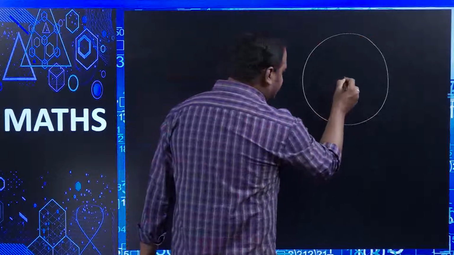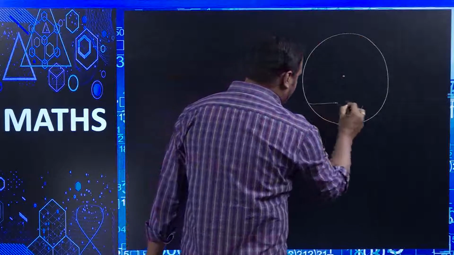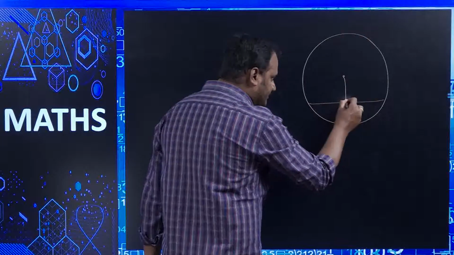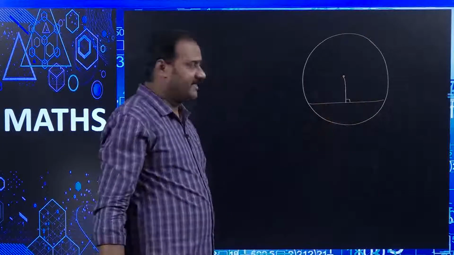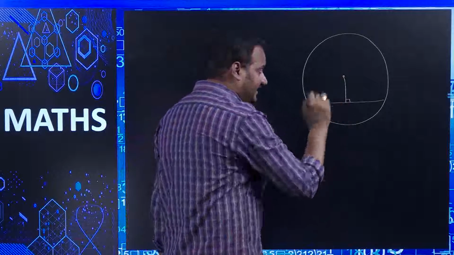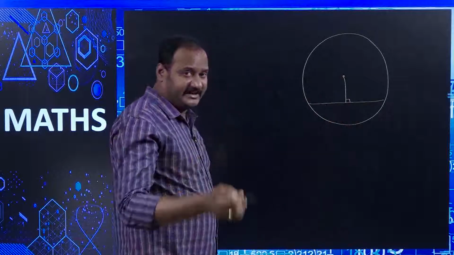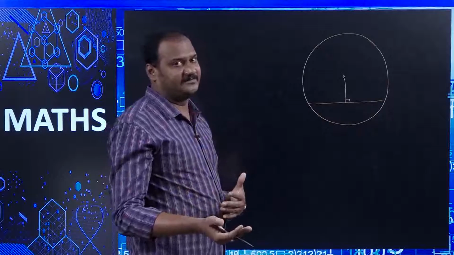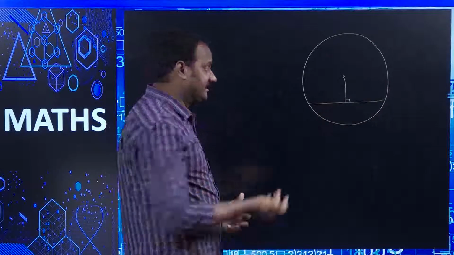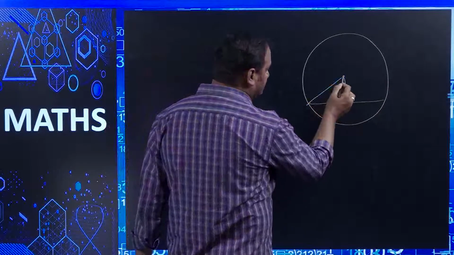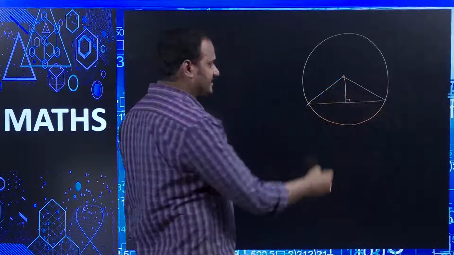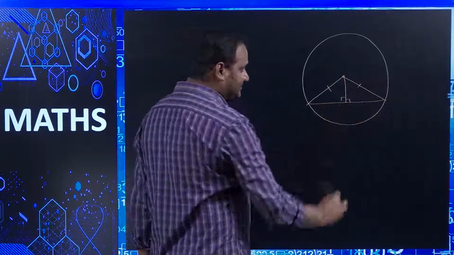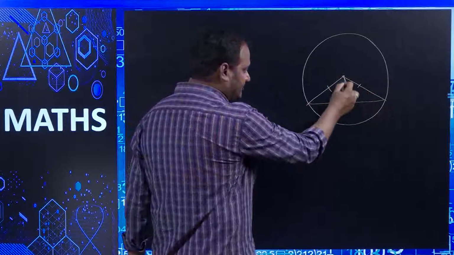Let us have a circle. This is the center of the circle and this is one chord. Suppose you draw a perpendicular from the center to a chord. Then that perpendicular from the center to any chord will be the perpendicular bisector of the chord. If you want, you can check. Let us join these two. After joining both of them, this is the radius and this is also the radius. This is a right angle and this is also a right angle, and this is the common side for both the two triangles.